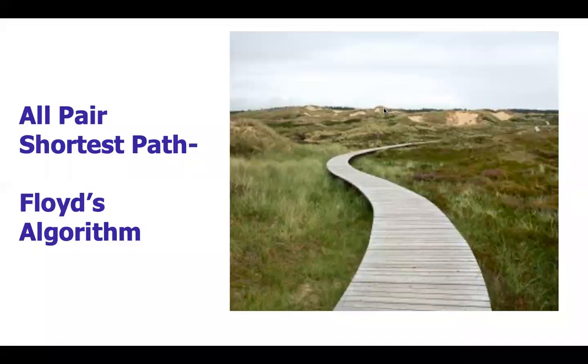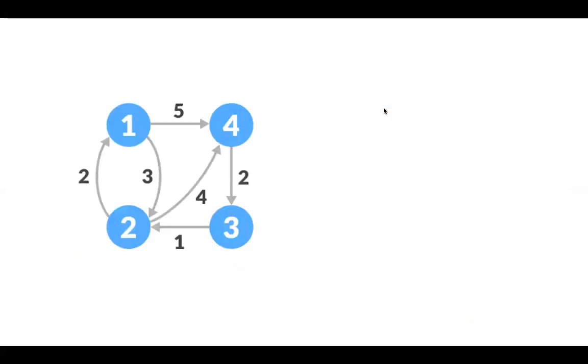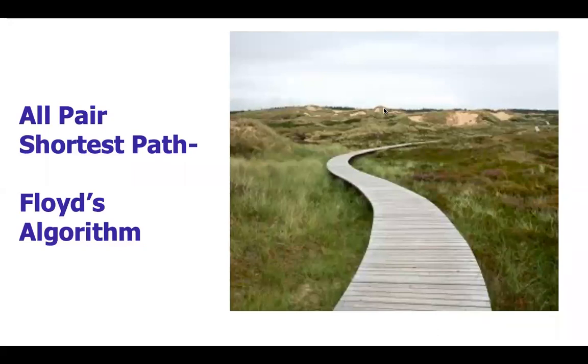First we'll check whether they are connected or not, and we'll see, from vertex 1, if there are 5 nodes, what is the shortest path between one and all other nodes. For that we'll be using one algorithm, Floyd's algorithm, to check the shortest path between the various vertices present in the graph.